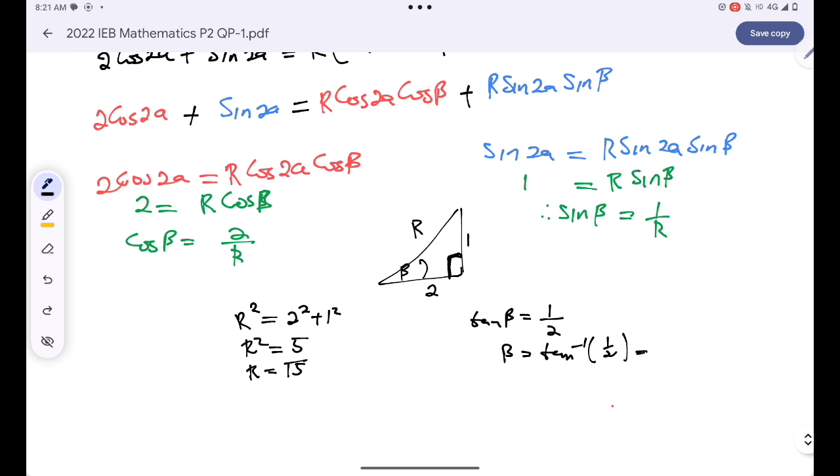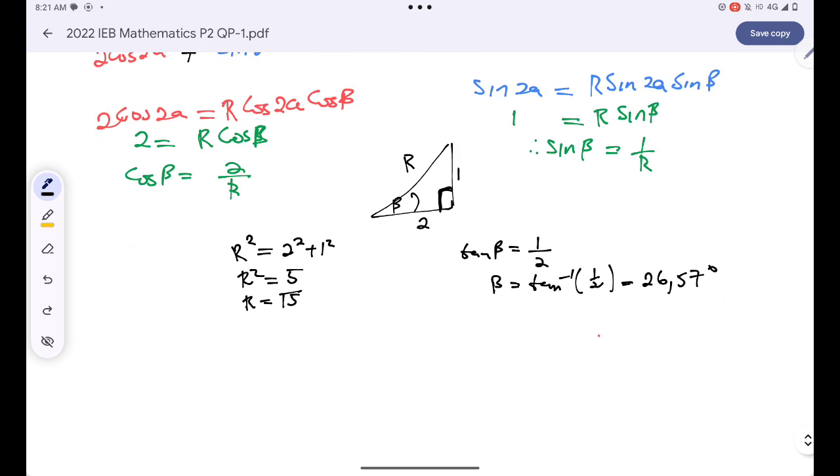Let me punch tan 1 over 2. This will give me 26.57 degrees as a value of beta. So I can therefore conclude, guys, that